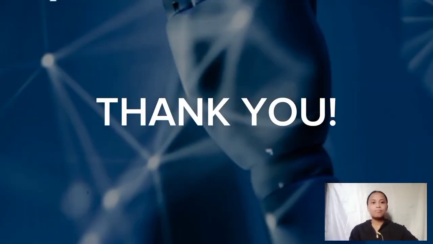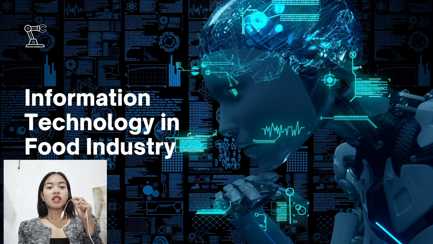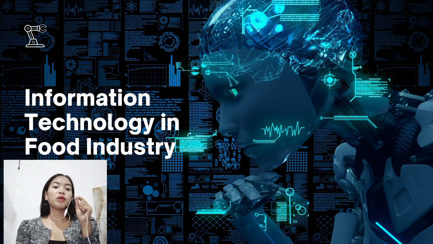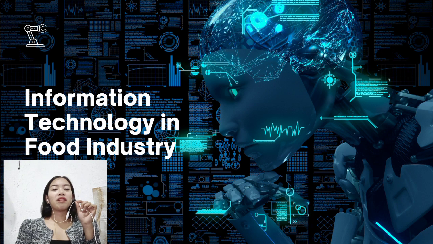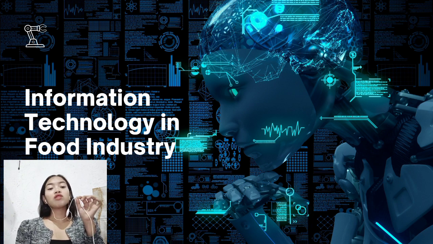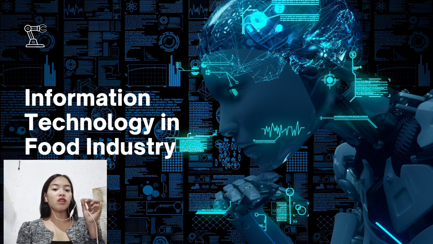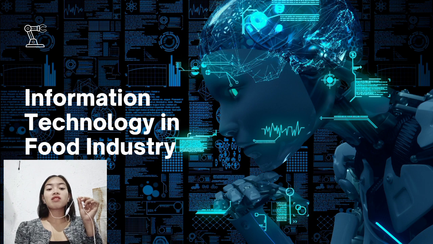Thank you. So now let's proceed to the information technology when it comes to food. So when it comes to food, technology isn't always the first thing that comes to our mind. However, technology over the years has changed how we produce and find our food through applications, robotics, data, and processing techniques.